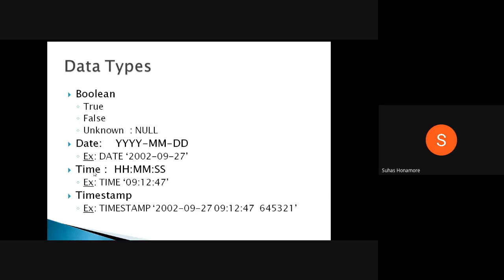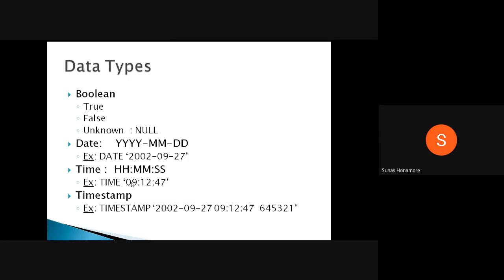The next data type is time. Here time has a 2-digit hour, colon, then minutes, colon, then seconds. Same as with date, whatever you are trying to insert goes inside a single quote. To differentiate between a string and the time data type, we give the keyword TIME.